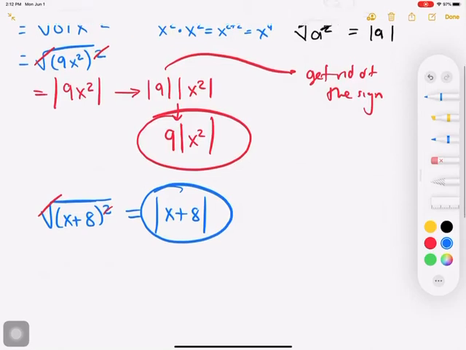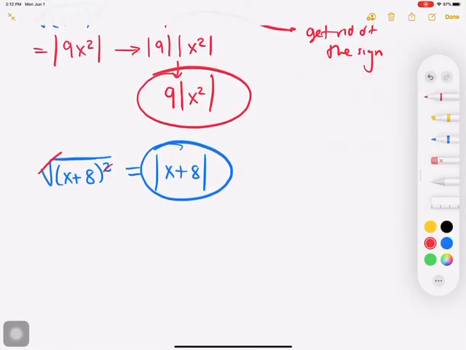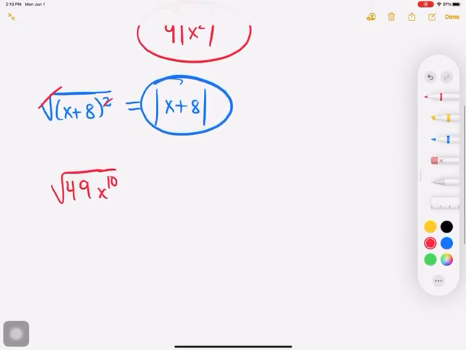Okay. So let's see what this operation is going to look like. Square root of 49 x to the power of 10. We're going to try to simplify. These two numbers are multiplying, so it means that the absolute value is going to reside in one number. Okay, so let's see. I have to rewrite this expression as something that looks like the square root of a